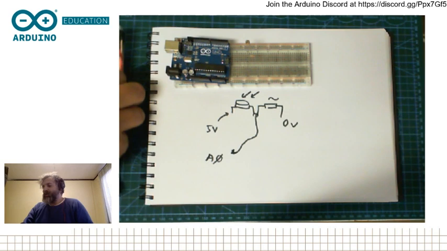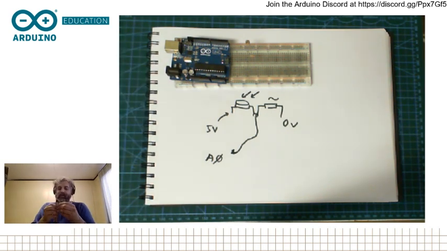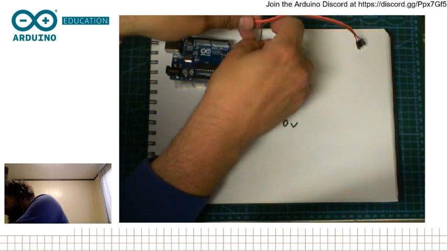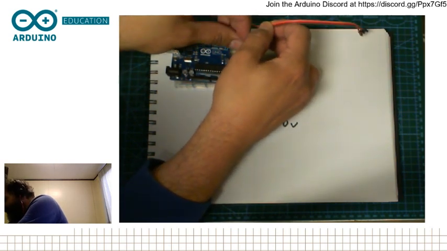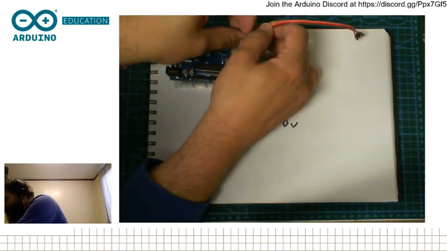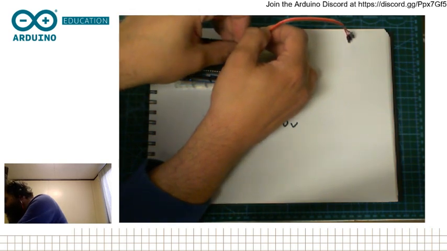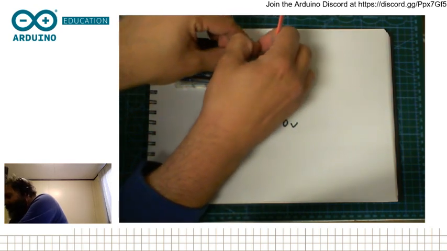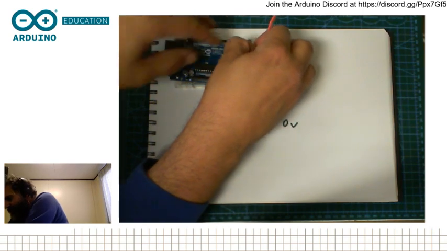Here you go. So then we just take 3 wires. These ones are nice because it's red, black, and orange, so you can have different colors. And I'll put brown for ground, red for power, just to keep some consistency. There you go. And orange for the signal, which is going to be the pin where both go together.